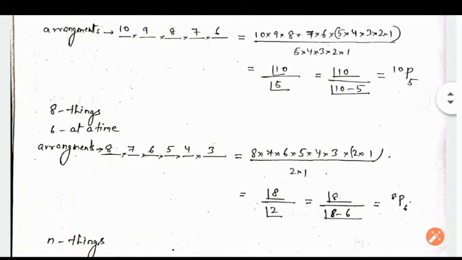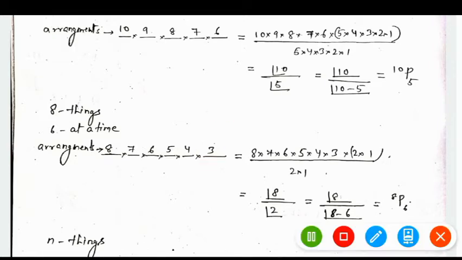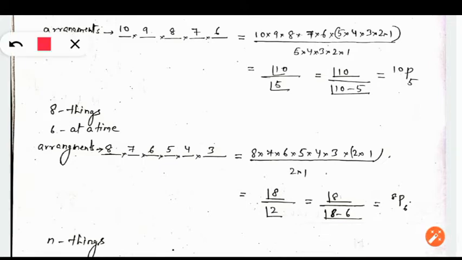Similarly, in place of 3, can I write 8 minus 5? Sorry, 8 minus 5. Can I write 8 minus 5? 5 is 1 less than 6, right? So here in place of r we have 6. So what is 1 less than 6? It is 5. So 8 minus 5 can be written in place of 3.